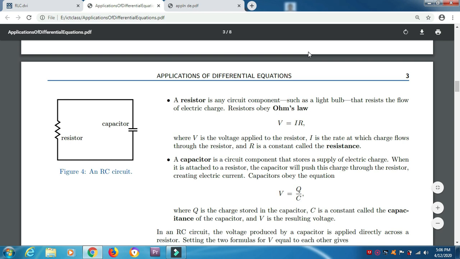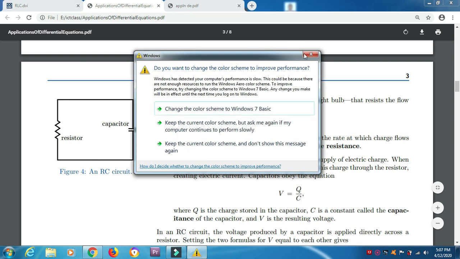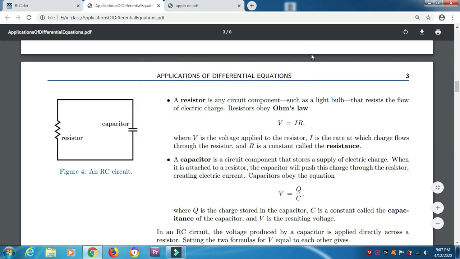Now we are going to connect these two concepts in terms of a differential equation, because here we are using the term I. I is the rate, the rate of change at which charge flows through the resistor. So here the rate of change is happening, so we can use the differential equation dy by dx. In an RC circuit, the voltage produced by a capacitor is applied directly across a resistor, setting the two formulas for V equal to each other gives: